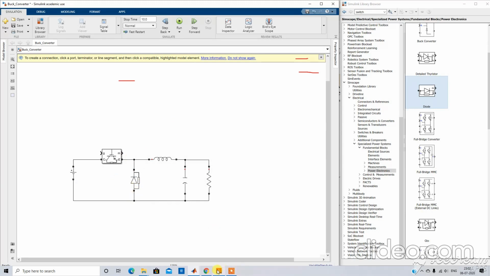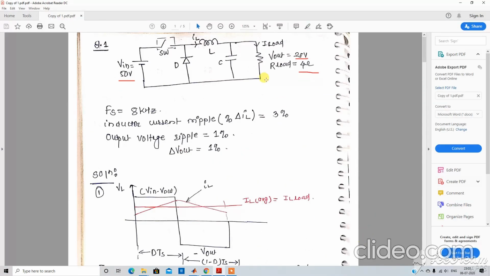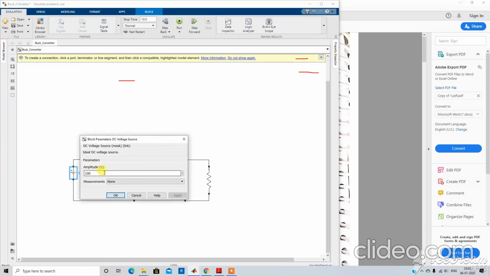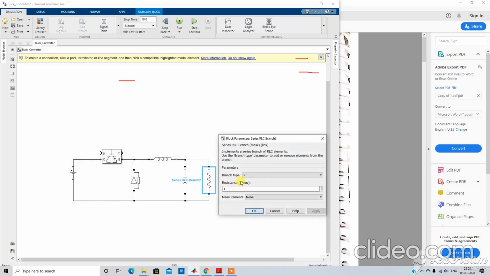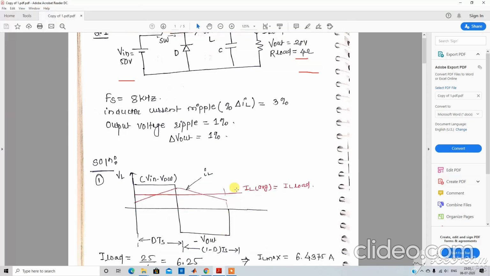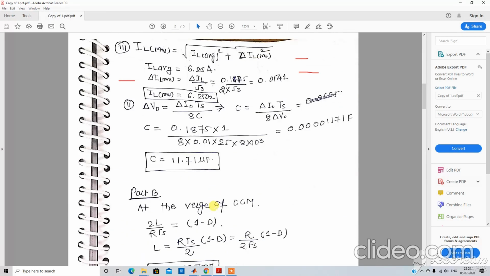Now according to our specification, we will choose the parameters: our input voltage is 50 volt and the output load resistor is 4 ohm. So we will keep these values in the actual simulation. We have designed the value of the inductor, that is 8.33 millihenry, and the value of the capacitor is 11.71 microfarad.